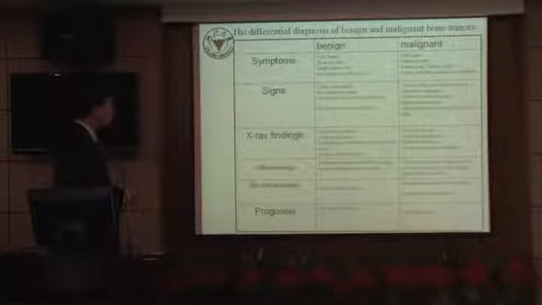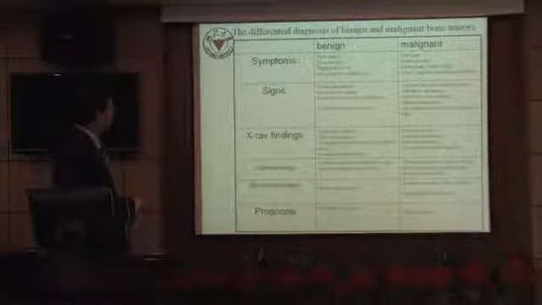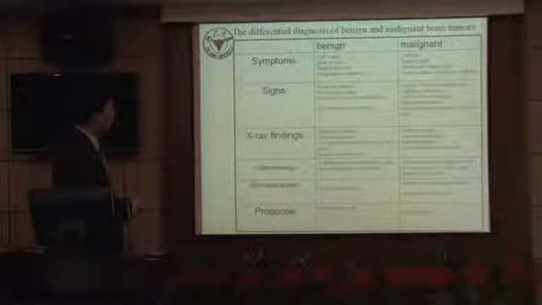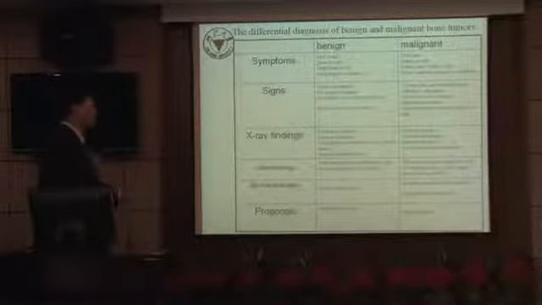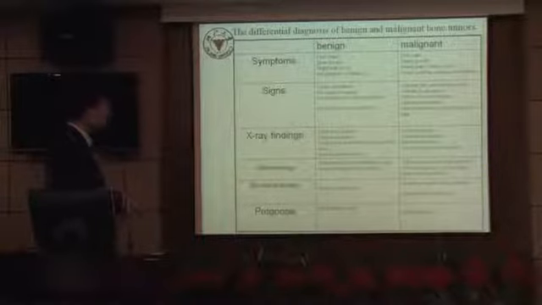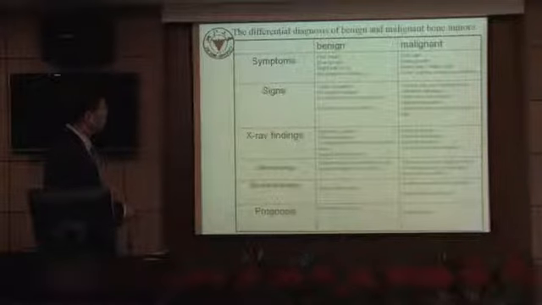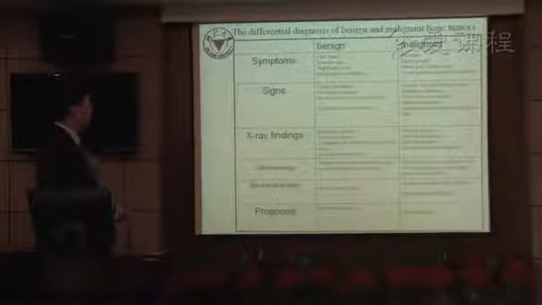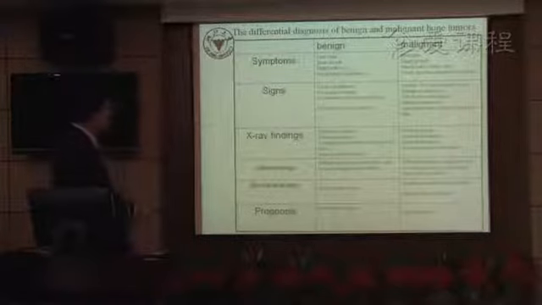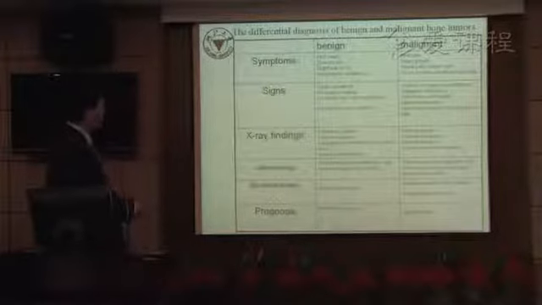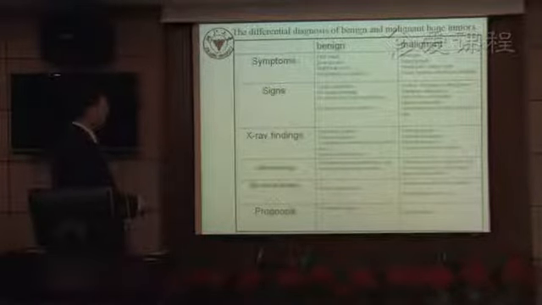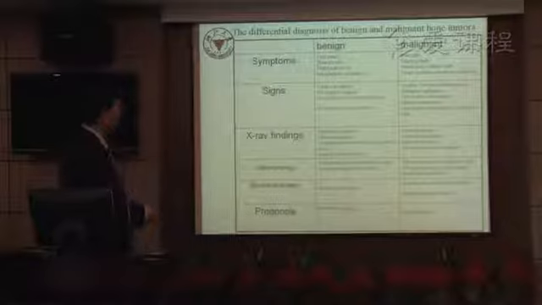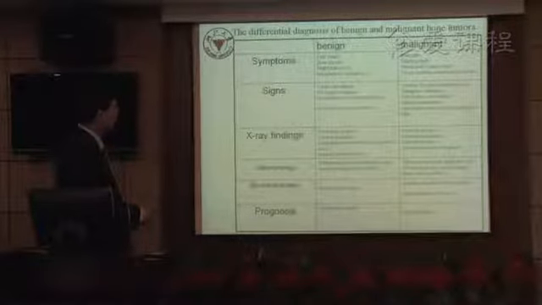In benign tumors there can be clear boundaries, while in the malignant one the surrounding tissues may be adherent and the boundaries not so clear. In the benign one there are no surface changes and no tenderness, or mild tenderness, and in the malignant one there could be high fever and